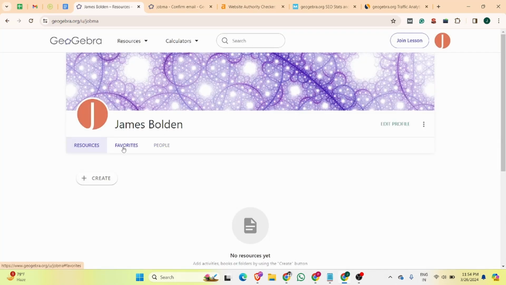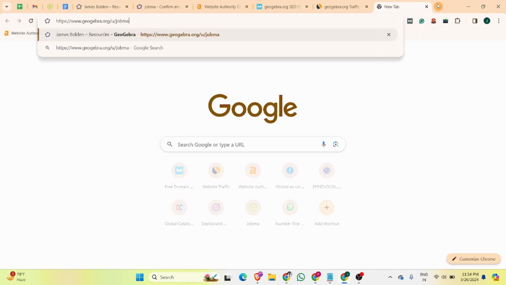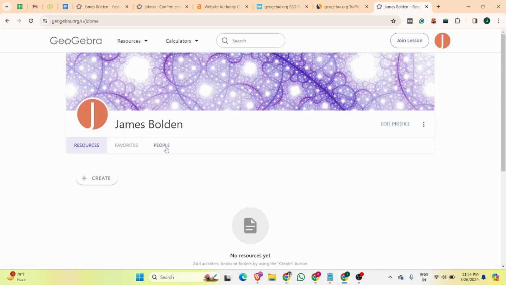About these things. So you have to copy your landing page URL, and now we can open it in